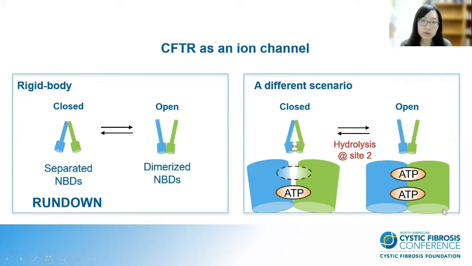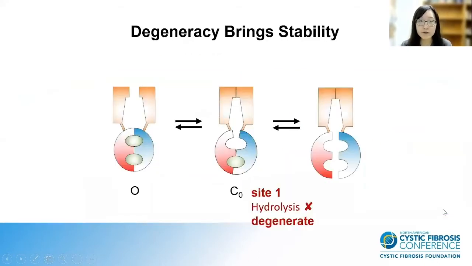In other words, CFTR is not happy with its two MBDs fully separated. So to summarize, we want to emphasize the importance of the degenerate ATP binding site. We have long wondered whether the loss of